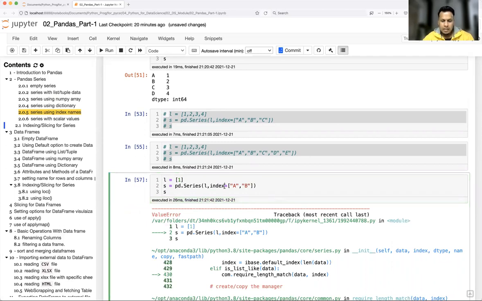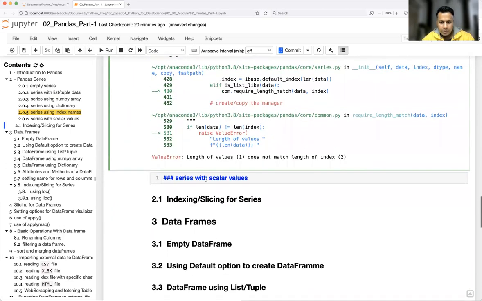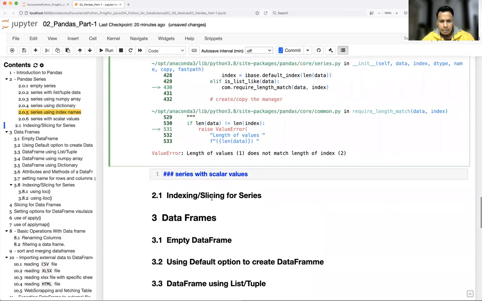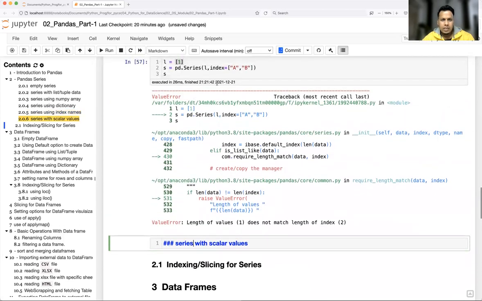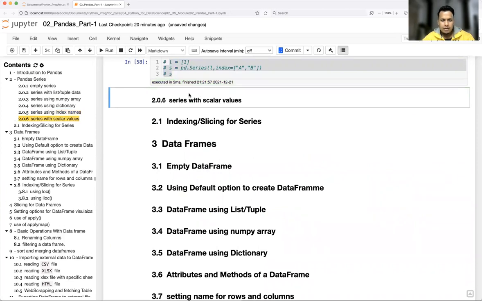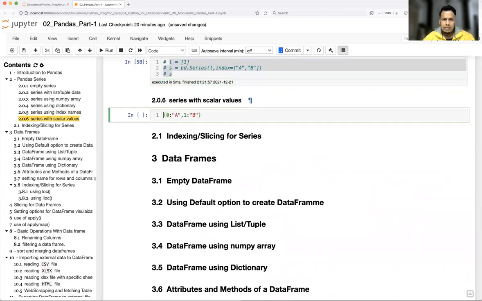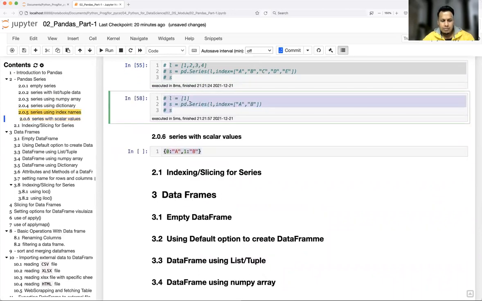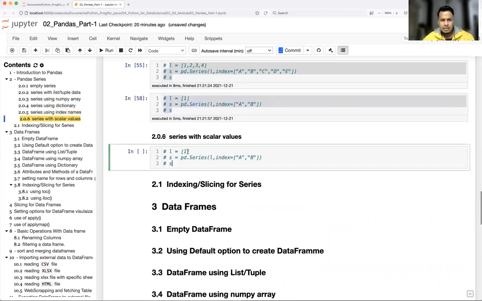Okay, but there is one special condition where you pass only one value as a scalar. When you pass a similar kind of element, but instead of a list or tuple, you are just passing a scalar, that is nothing but a single value without any bracket.